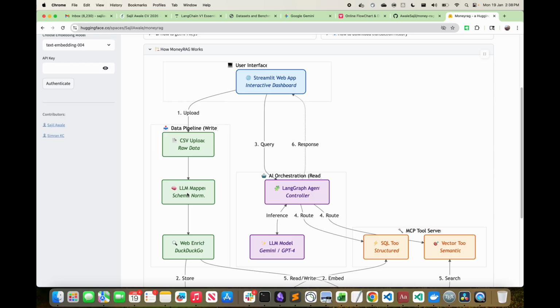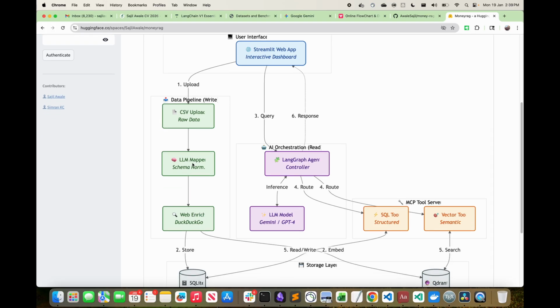So it's basically an ETL process. Transaction descriptions might not be clear enough in many cases, so we perform a web search on those descriptions and enrich the transaction with information from the web.